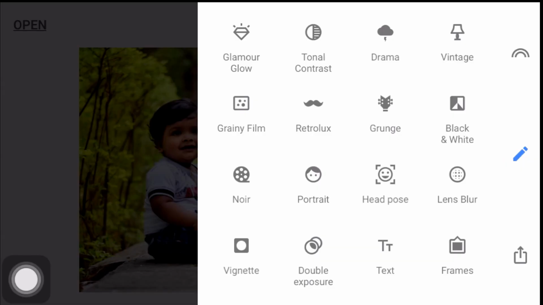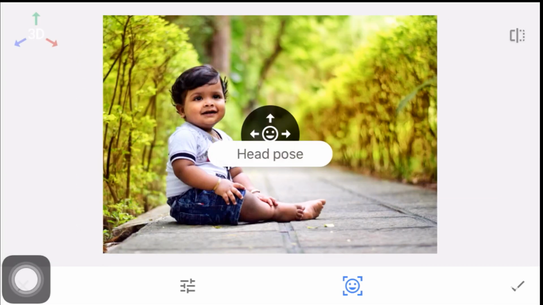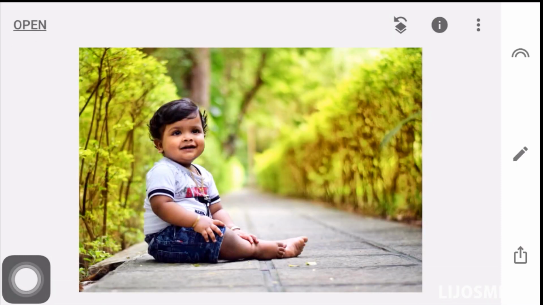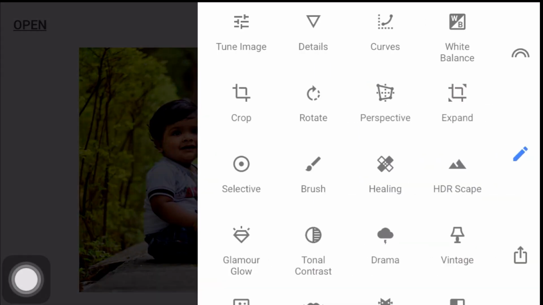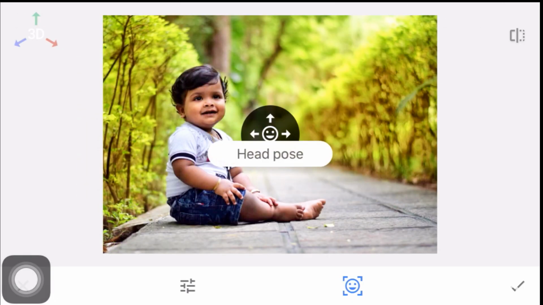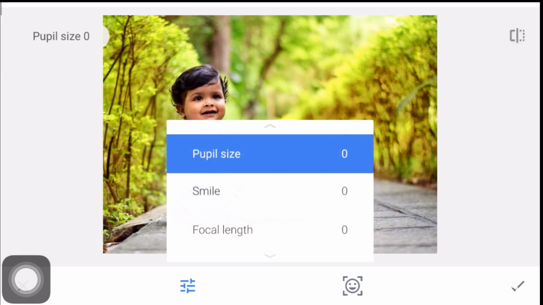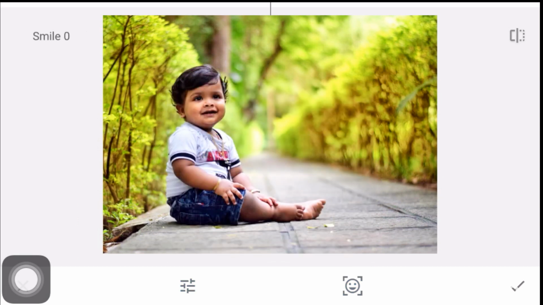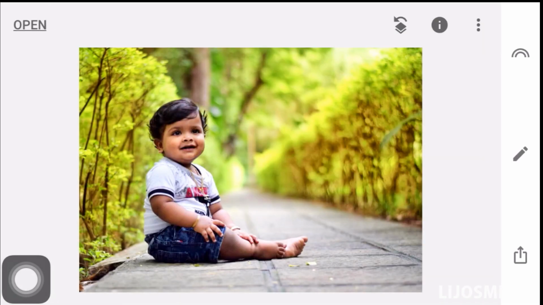And here there is also head pose. Actually with this tool you can even change the smile of the person. You can see how the lips are changing if I increase this count. In this image it is not necessary.